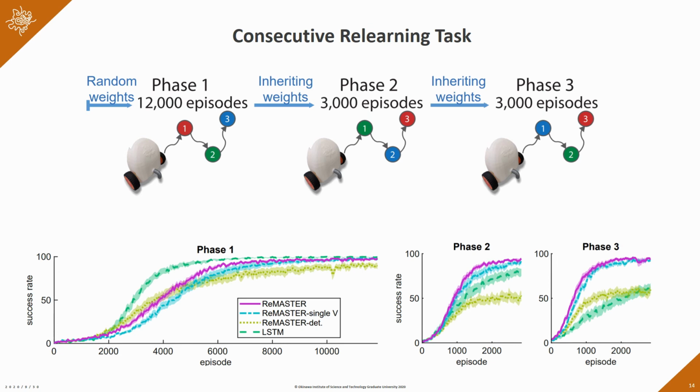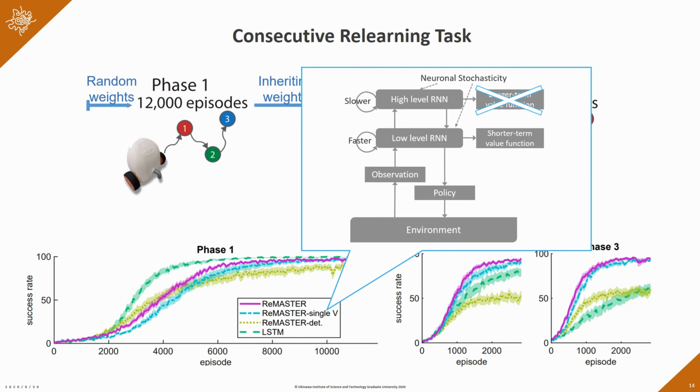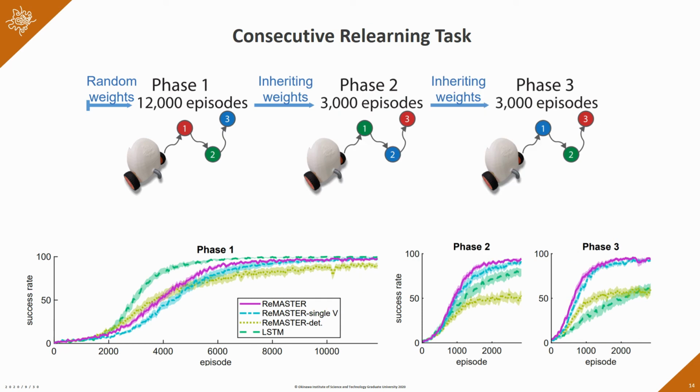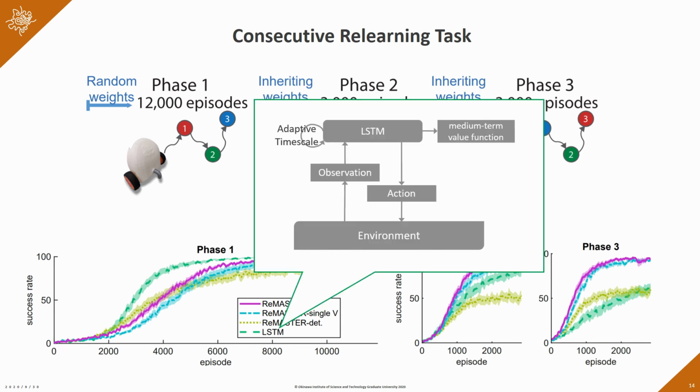So we plot a performance curve indicated by the success rate of finishing a task. And you can see that the model is compared to 3 alternatives. One is single V, in which the high level is the same as in the original, except that the high level doesn't estimate a longer term value function. And also a deterministic version, which is also the same, except there's no neuronal stochasticity in neuron dynamics. Finally, it is compared with LSTM, in which we only use a single layer LSTM for this task. And LSTM has an adaptive time scale, but there's no intrinsic hierarchy of time scale, and LSTM estimates a medium-term